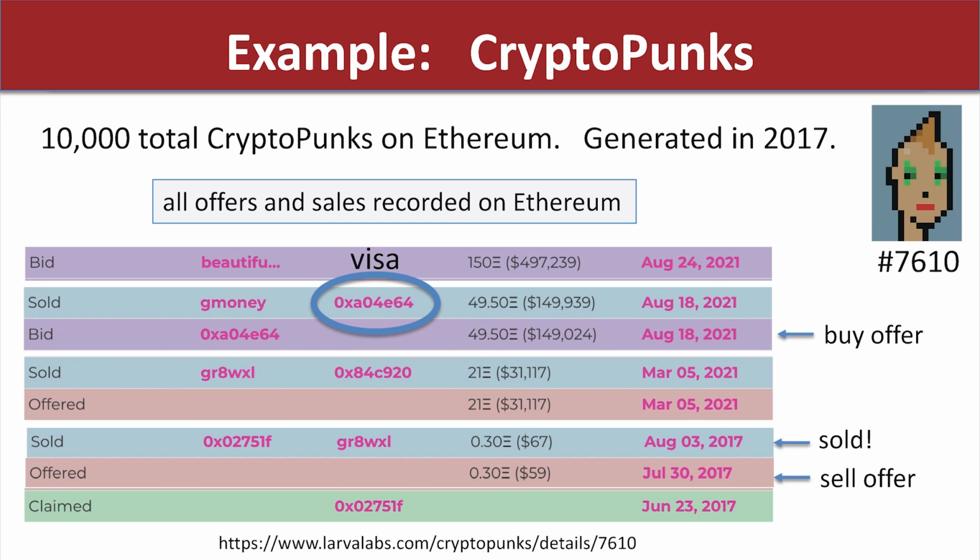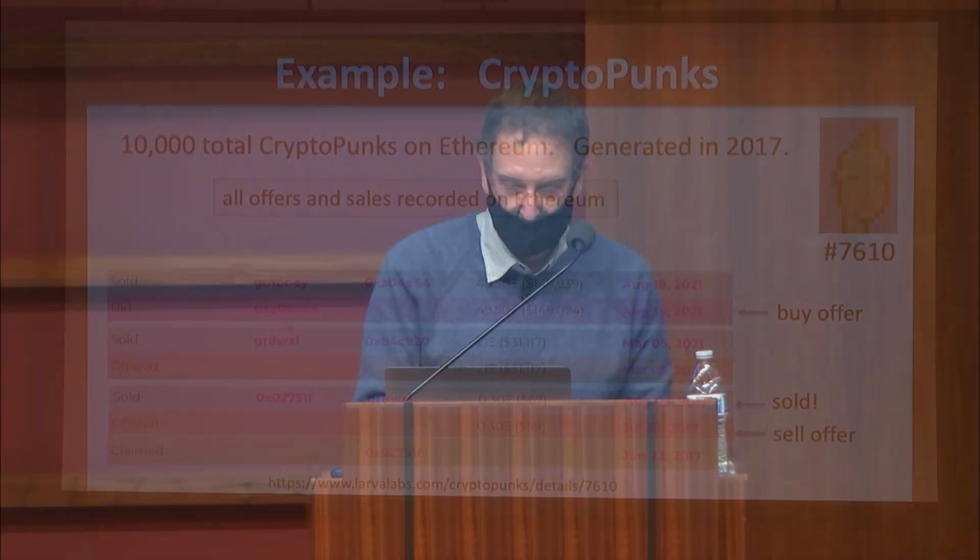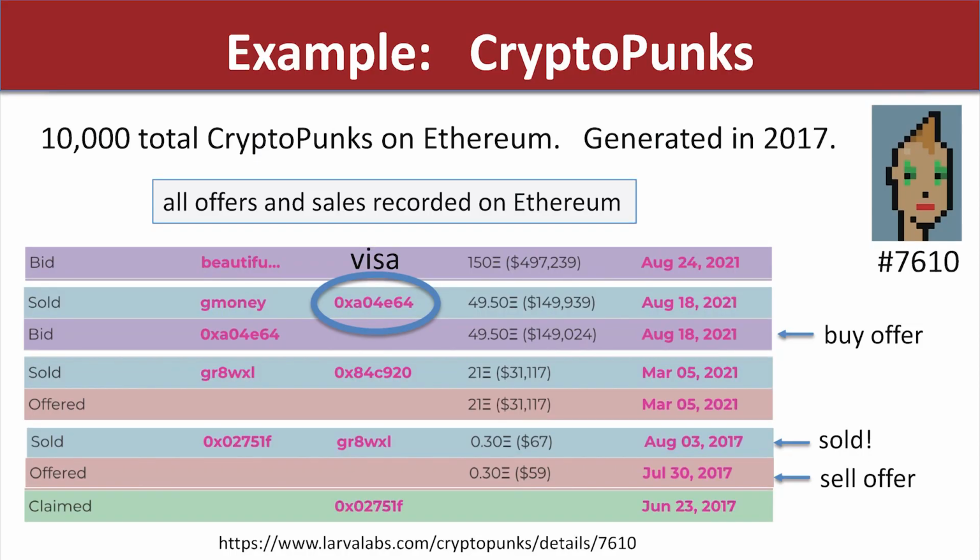Okay, very good. Oh, 31,000. Yes, thank you. 3,000 would have been a bargain at that point. And then, let's see. So I'm going quickly through the history. Then, basically, somebody made a bid. So there's a buy offer on August 18, 2021. There's a buy offer to buy it for roughly $150,000. And in fact, the owner at that time, G-Money, agreed, and this was purchased by